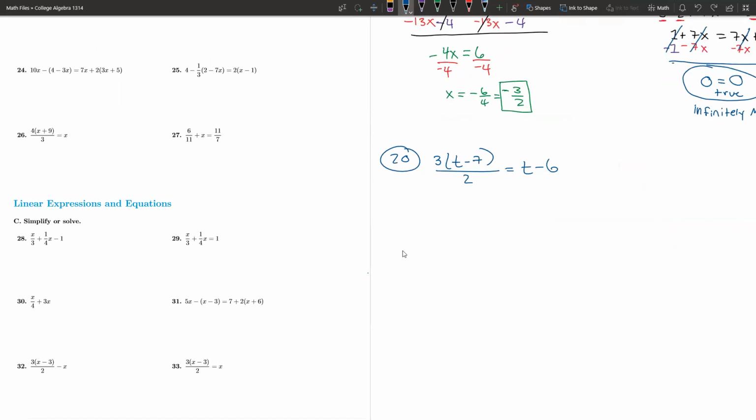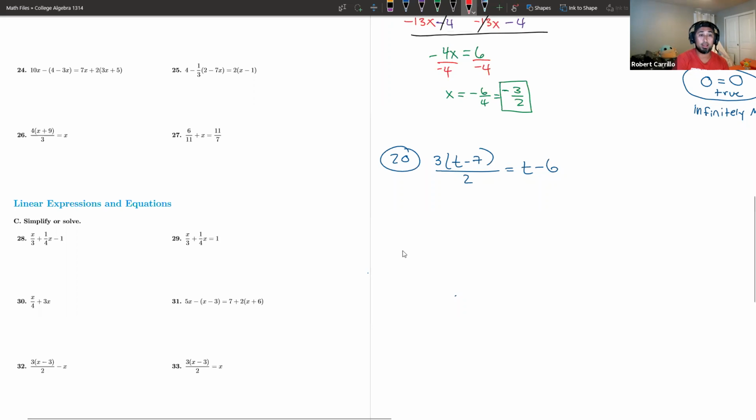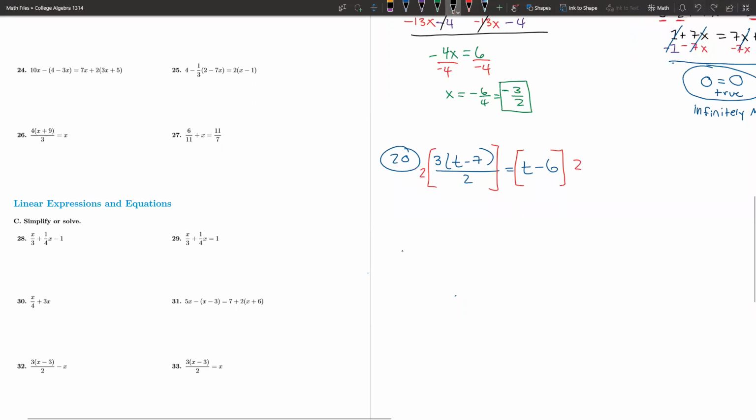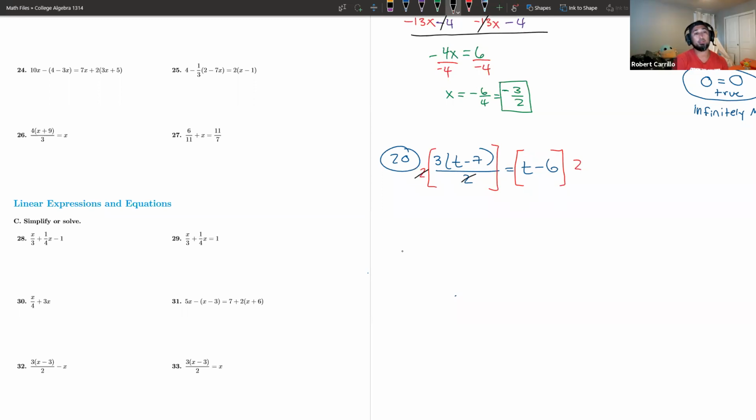Multiply it. Where? On both sides. Good. You can multiply the 2 on both sides. I like that. So let's say that we multiply this side by 2. And then we multiply this side by 2. Well, if we do that, this 2 and that 2 will what? Cancel each other out. Very good. That 2's gone. That 2's gone. So all we're left with, on the left side, is 3 times t minus 7, equal